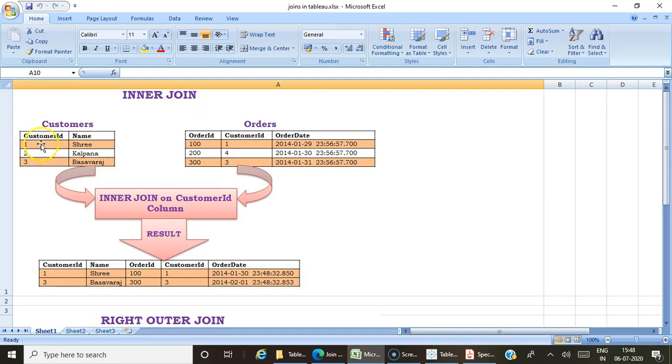So here if I am joining these two tables based on customer ID, the matching records are 1 and 3. So inner join on customer ID will give me 1 and 3. This is my join table which has customer ID, name, order ID, customer ID, order date, which will have only the matching records between customers and orders. That is 1 and 3.